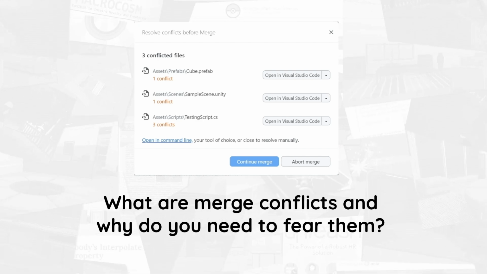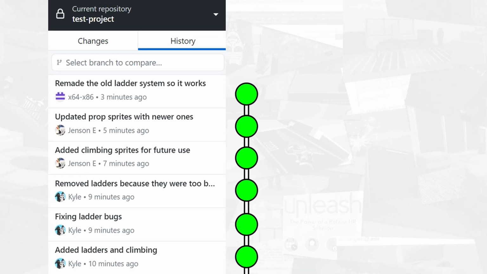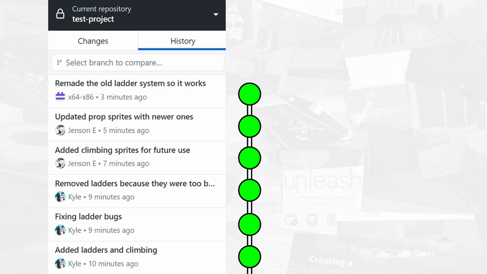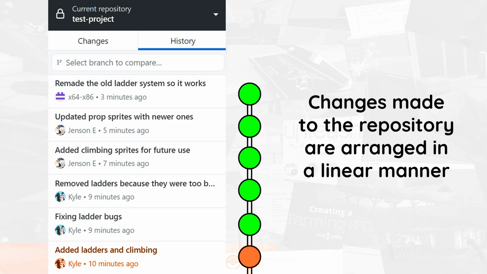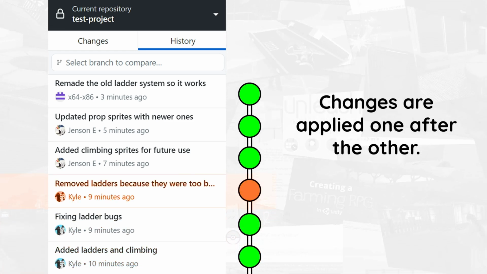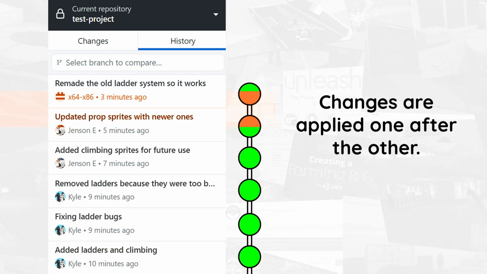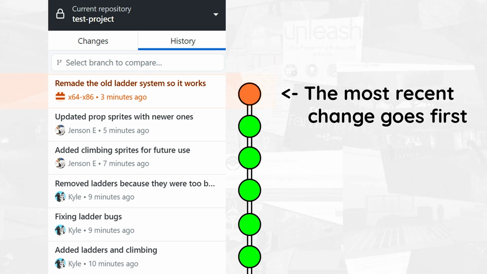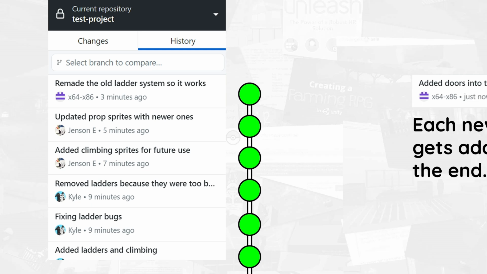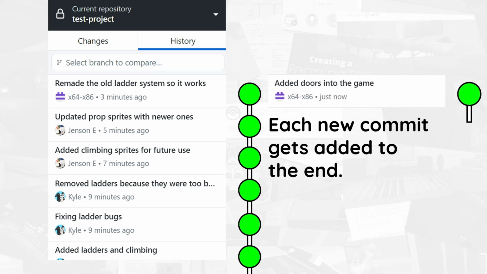To start off, let's briefly go through how GitHub does its version control magic. When you are working on a GitHub project, all of the changes made to the project are arranged in a linear manner. This just means that changes are applied one after the other, and you can see this when you go into GitHub Desktop's History tab where the most recent change is first on the list. Hence, when you commit and push your changes onto GitHub, Git will try and add your changes to the end